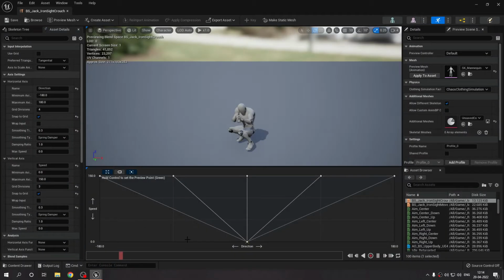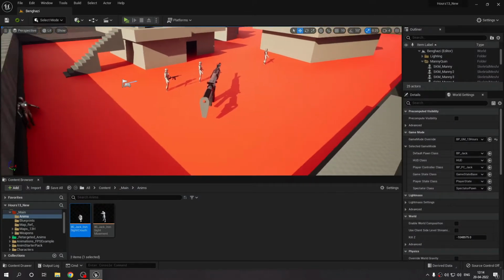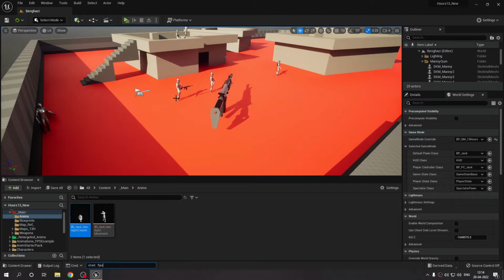This is the crouch blend space. So you're just idle at 0. Now you're moving forward, left, right, backwards. That's all. And now if I play,